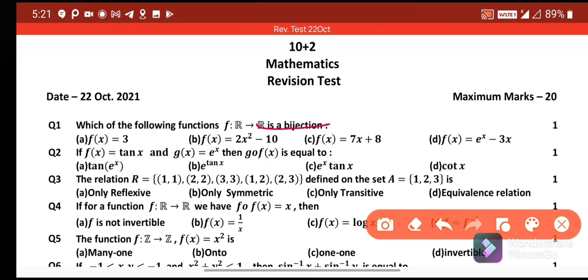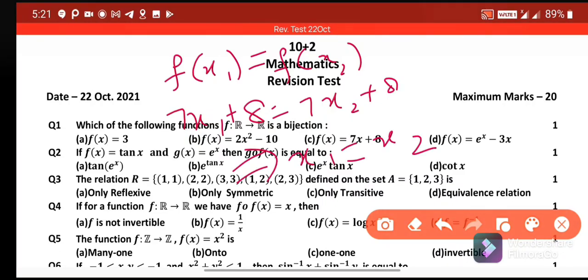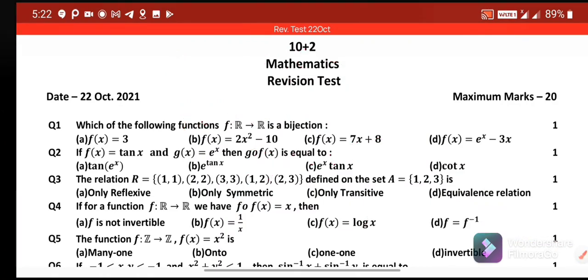Now this function is one-one and onto, so it is a bijection. To verify, f(x1) equal to f(x2), that is 7x1 plus 8 is equal to 7x2 plus 8, implies x1 is equal to x2. So it is a one-one function because f(x1) equal to f(x2) implies x1 equal to x2. Now for onto,